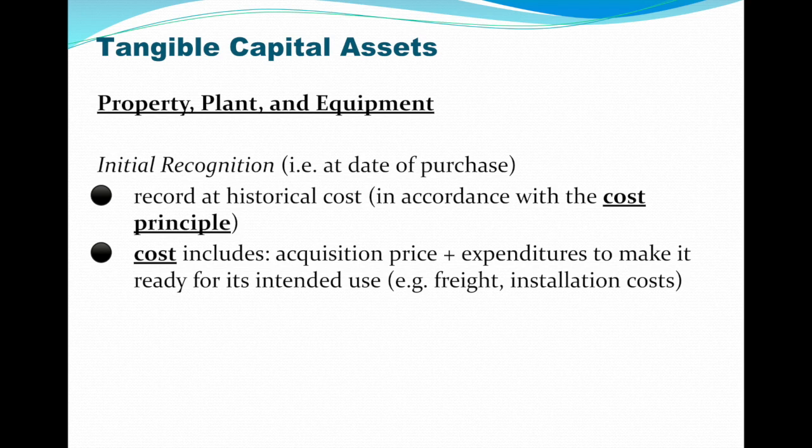But if you buy a truck to do deliveries for your company, but it's all rusted and dinged up, then when you're recording the cost of acquiring that truck, you would also include in the expenditures part the repair work and the paint job done in order to bring the truck up to a certain operational standard so that it can function properly.